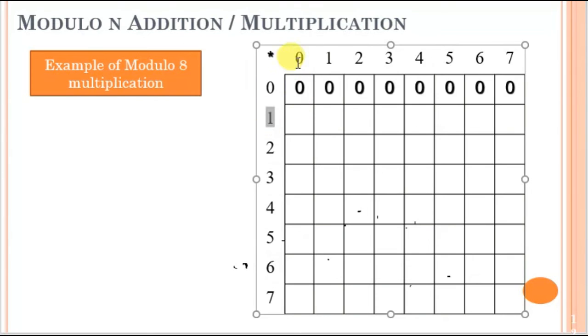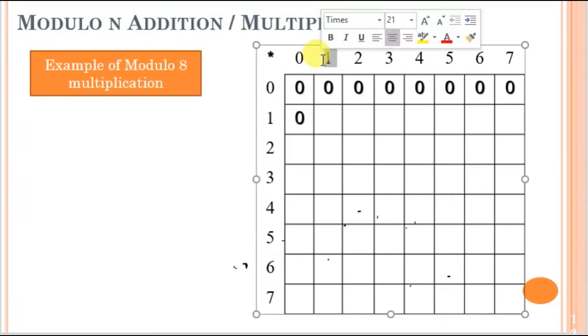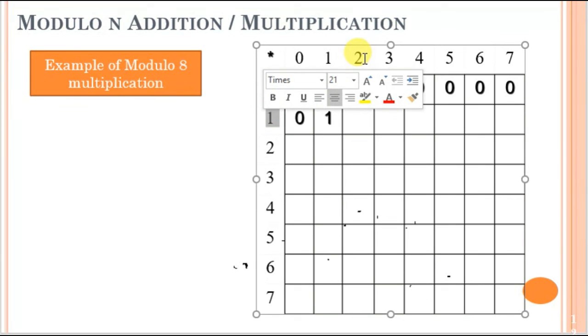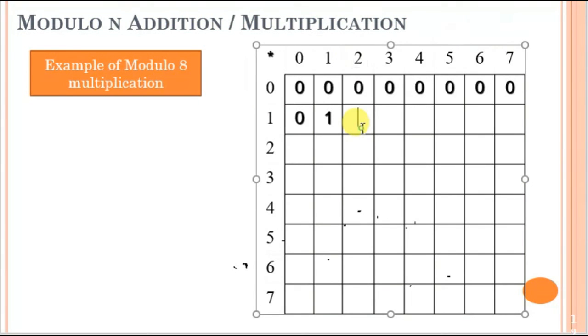Similarly 1 into 0 is 0, and 1 into 1 is 1, 1 into 2 is 2. Similarly 3,